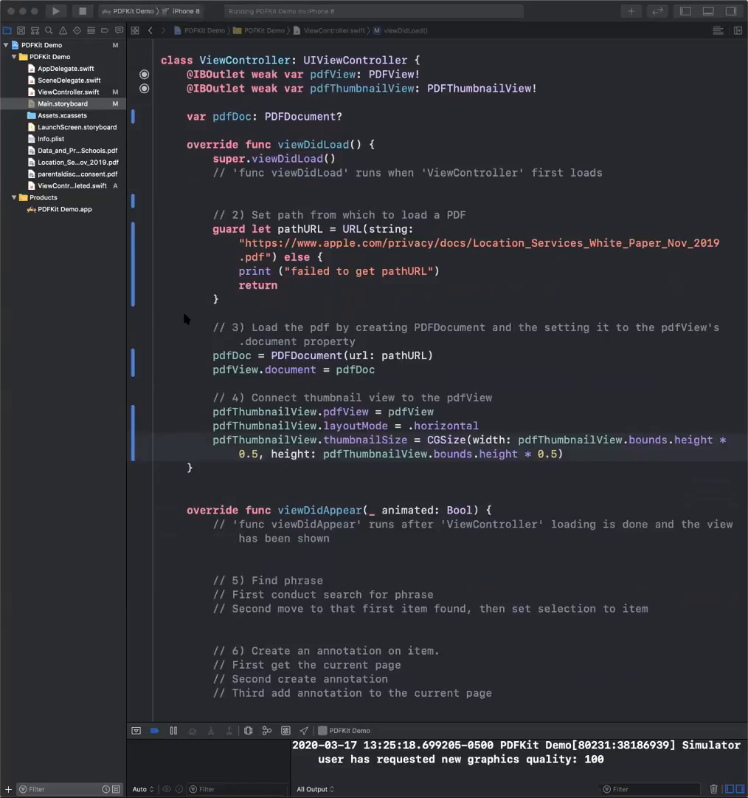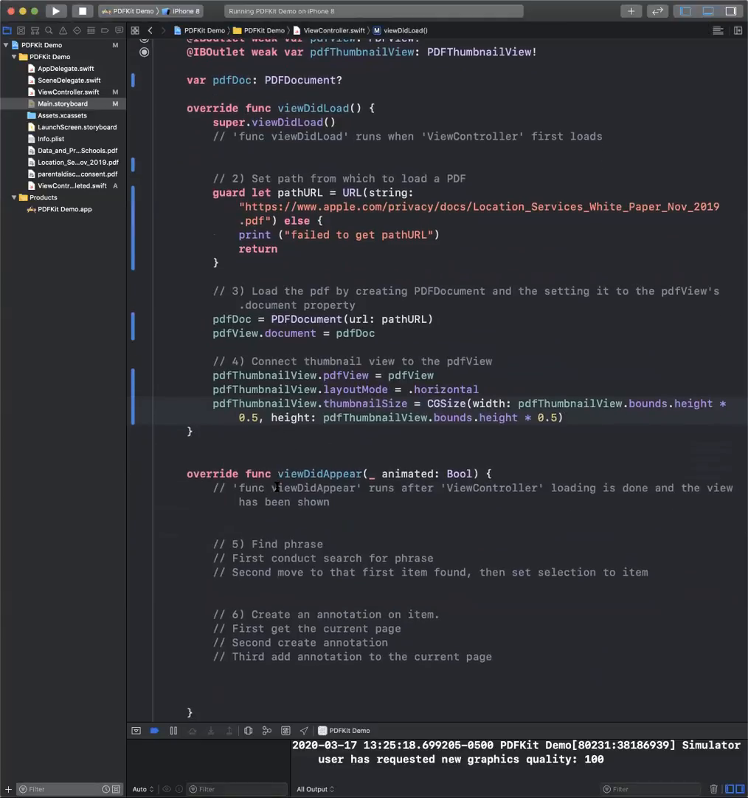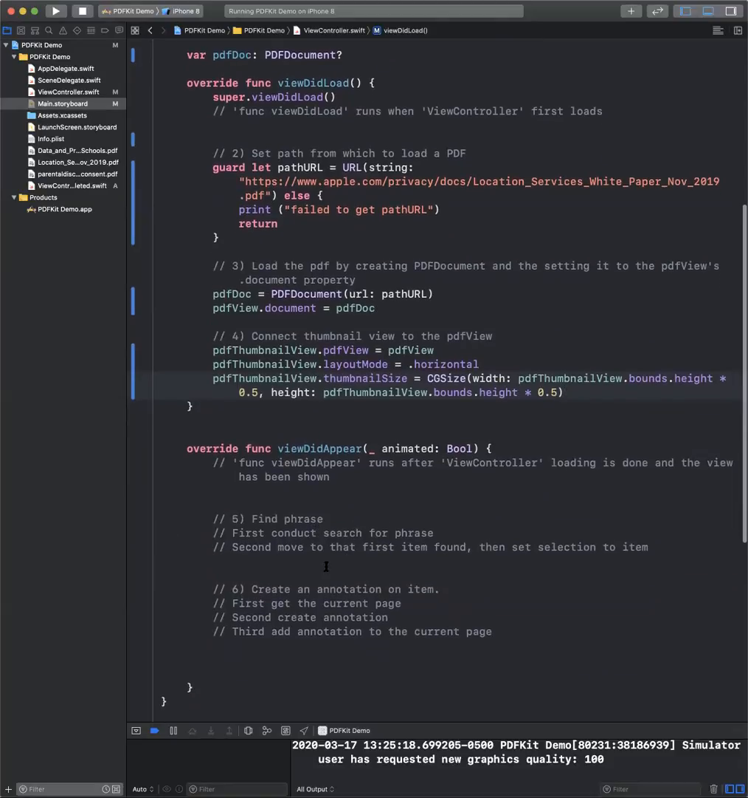But if I was building this for my app, I might want to highlight, hey, here's a spot in the PDF that shows where it has a privacy policy or makes a statement on security that's relevant. And so in this example, we're going to conduct a search for that phrase. And once we've found that phrase,